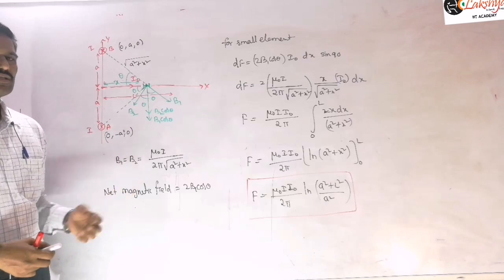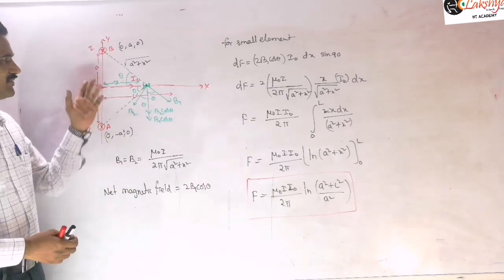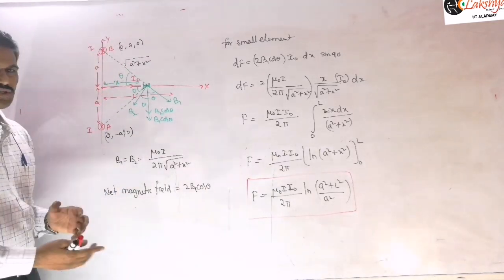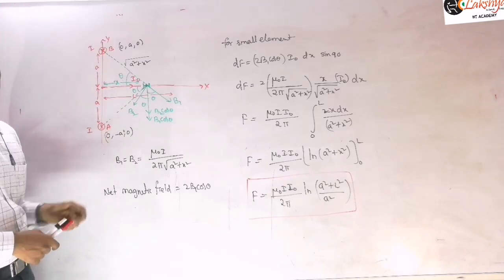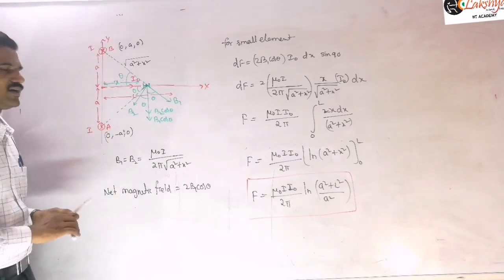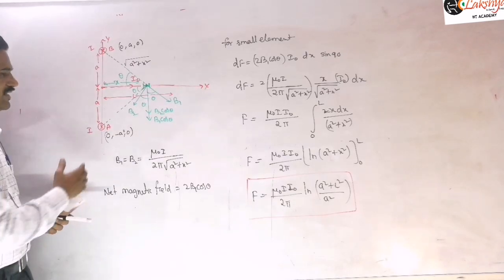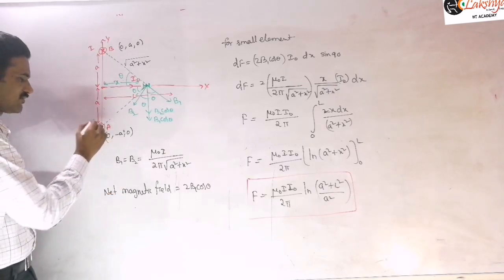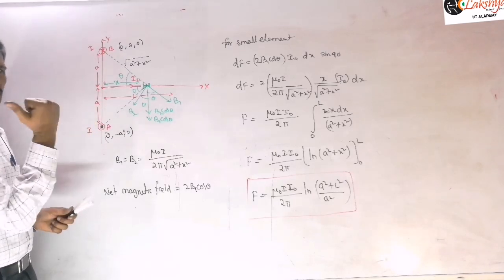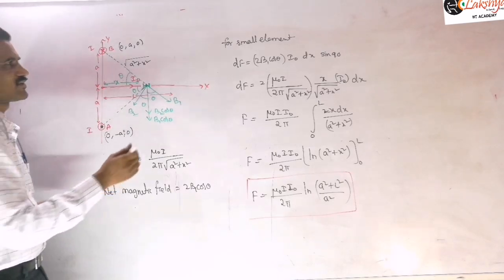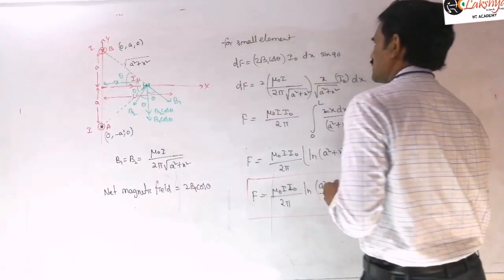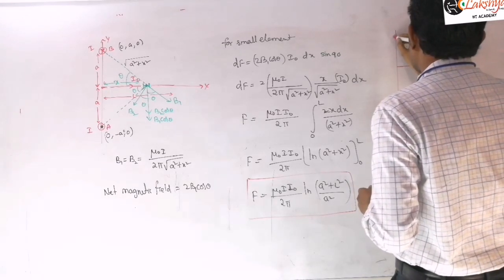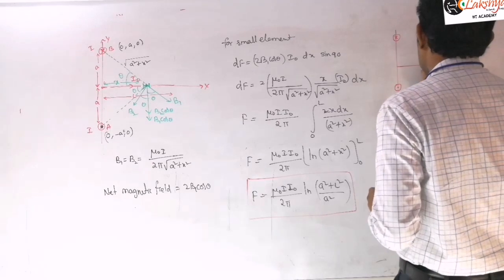And so now try to answer this next question, when the current in this is in the opposite direction. So try to answer that. That means the next question is, the direction of current, any one of the currents is reversed. For example, if the current in this wire is reversed here, any one, you may consider either the upper wire is reversed or the lower wire is reversed. If the current in this wire is into the plane, for example here, then it will produce a magnetic field like this. The current is here, so it will produce a magnetic field like this. That means now you will get the case as this is into the plane and this is out of the plane. So here if you are taking this element here,